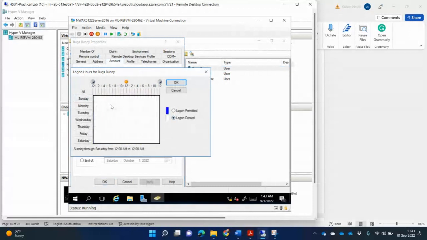Then I highlighted from Monday, 8 o'clock until Friday, 5 o'clock. This says 7 o'clock, so I need to change this to 8 o'clock. To 5 o'clock. Right, so it's saying it correctly here, Monday to Friday, 8 to 5. And I'm going to say logon hours is permitted, right? So then I'm going to take my screenshot. So logon hours for the user account, and then I'm going to,